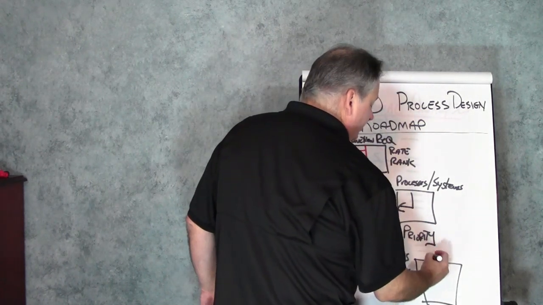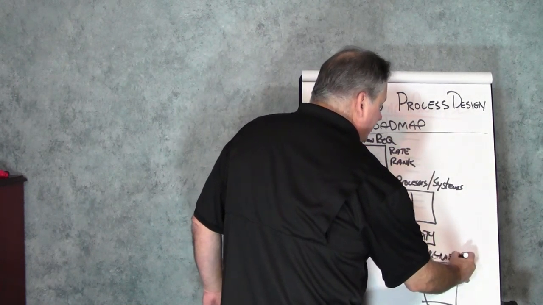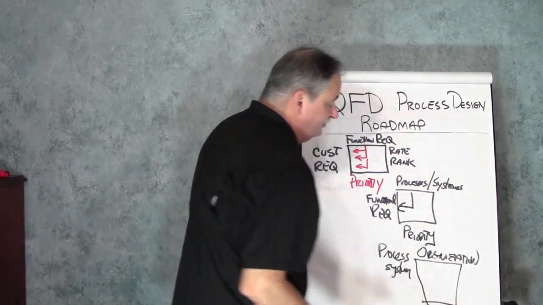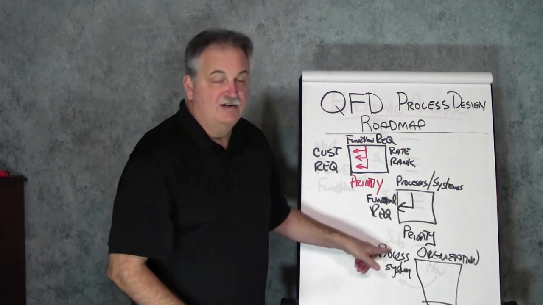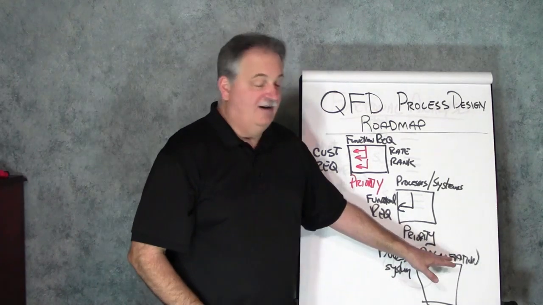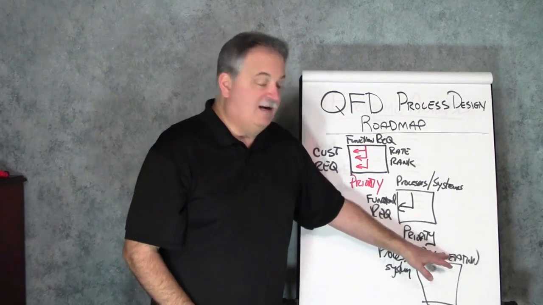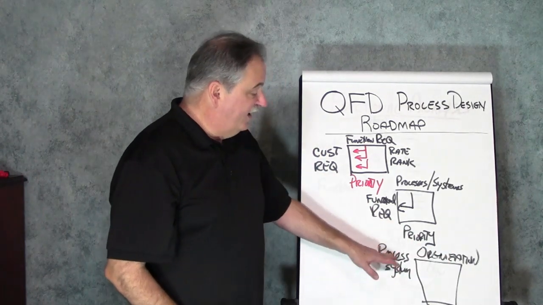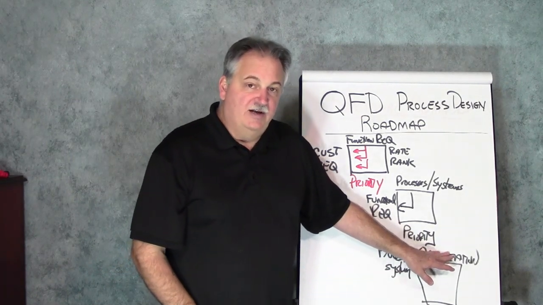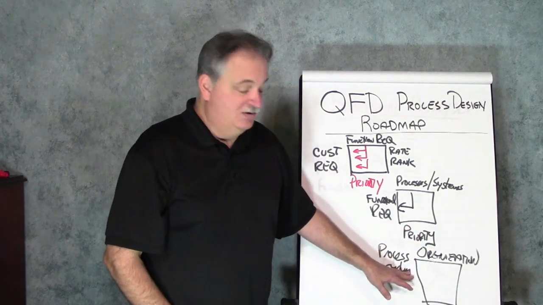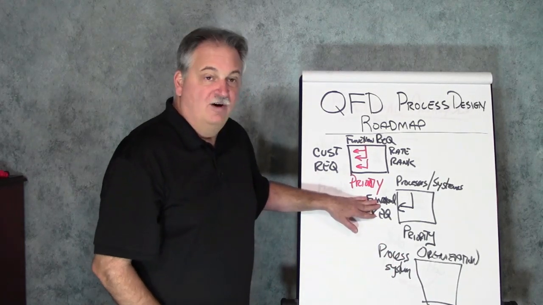And now we can put together our organization that is going to be required to make sure that my processes and systems can function. I'm going to have some kind of an organization that's going to run these processes. So what is that going to look like? Well, I know what processes and systems I have to have. What are the organizational requirements that I have to make sure that I can execute those? If I can execute them, then I'm going to be able to meet the functional requirements, which allows us to